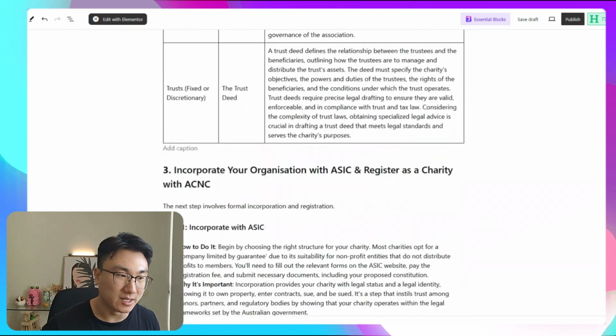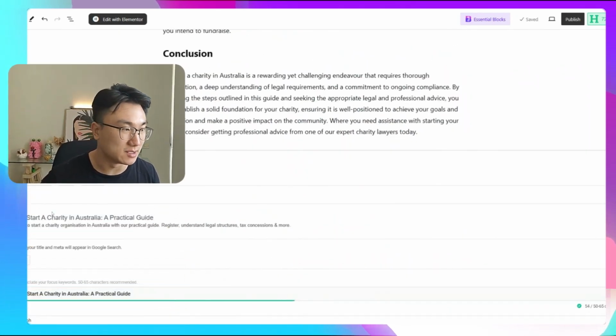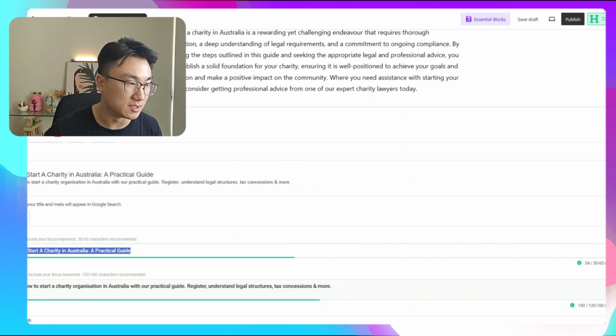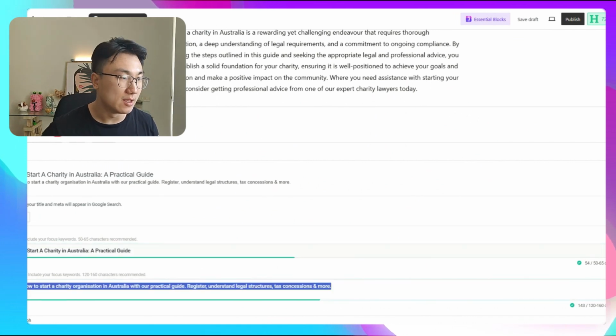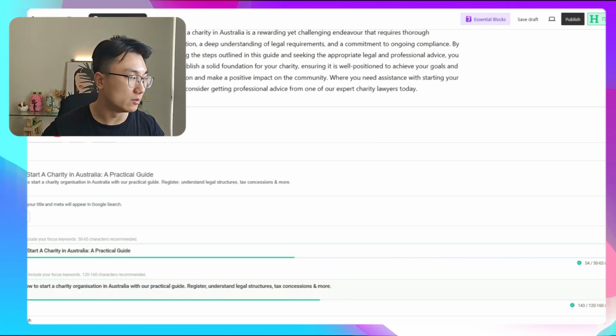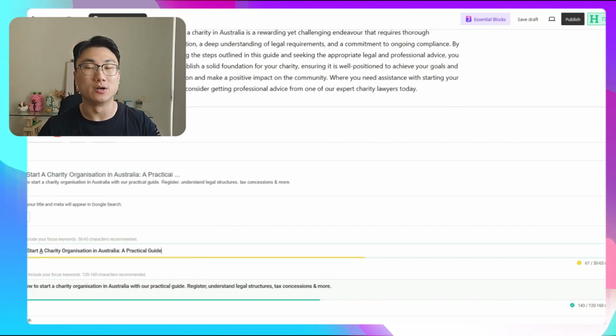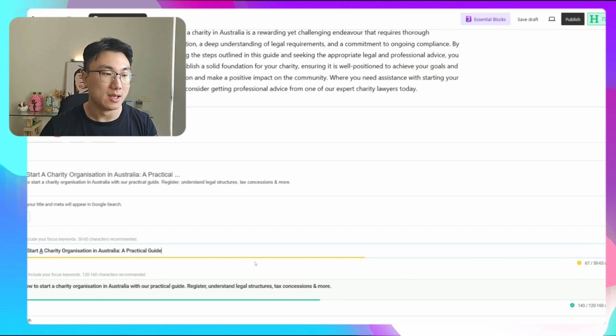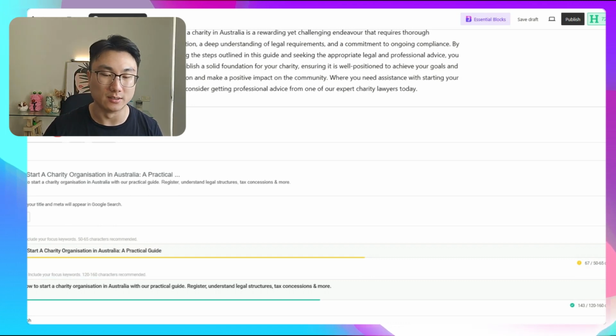So next thing is, I've already pasted in here. The next thing is I would actually include the SEO title and the SEO description. This is copied straight over from what was generated in Neuron Writer. The original title that was generated by Neuron Writer was actually How to Start a Charity Organization in Australia, a practical guide. This particular Smart Crawl plugin actually assesses how long or how short your SEO title is, and you